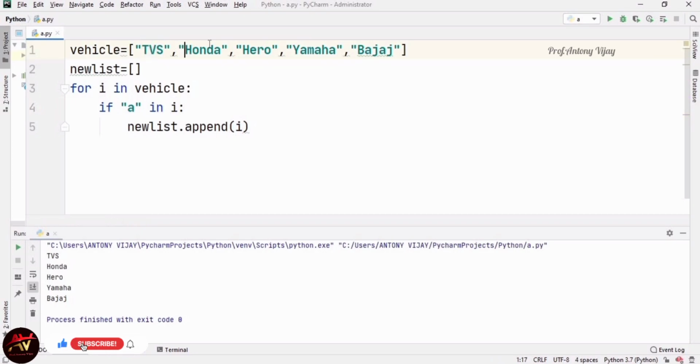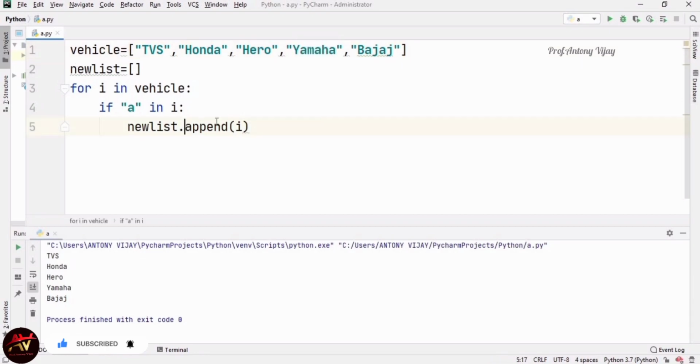Then it moves to Honda. Honda has alphabet A, so it moves to the new list. Then again it moves to Hero, which also does not satisfy. Then Yamaha has alphabet A, so it is moved to the new list. So these two elements are added to the new list.